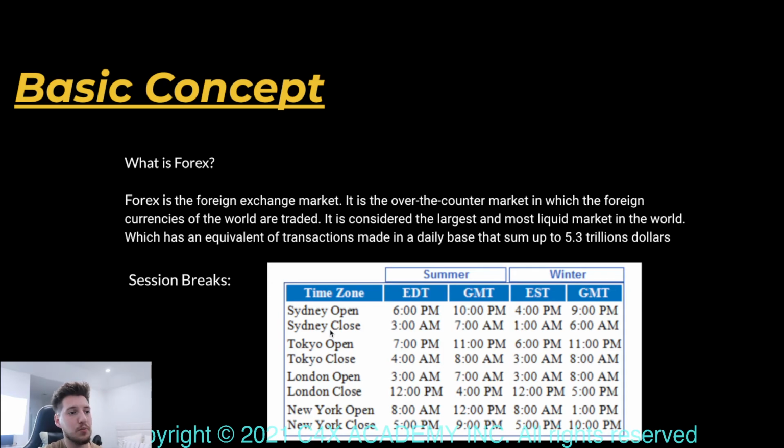Okay, so these are session breaks. These are things for you to take into consideration. Understand which one is going to be best suited for you. Are you going to be trading New York? Are you going to be trading London? Are you going to be trading Tokyo or Sydney session? This is going to be best suited to you based off what your time frame is and how much time you can put towards trading Forex. Also understand at what given time you could give that specific time to allow yourself to understand more about the market at those specific times. I personally recommend you focus on one session break, for example, from New York close to New York open, or from London close to London open, and so on. That way you can be a master in one thing and not just try to gamble all around.